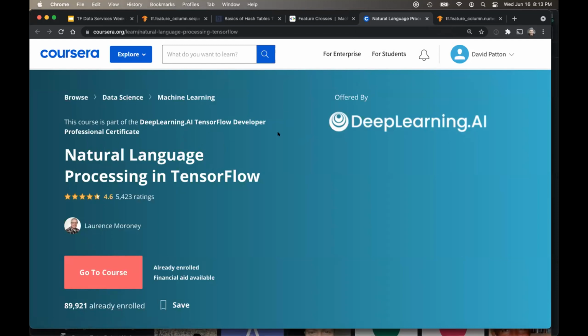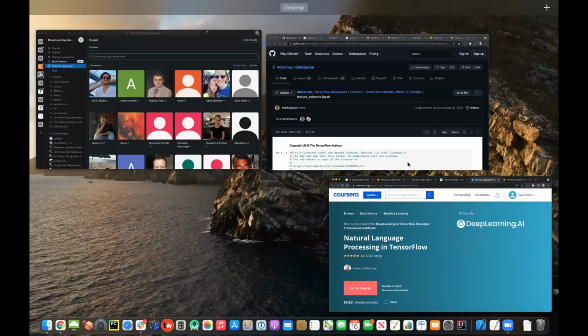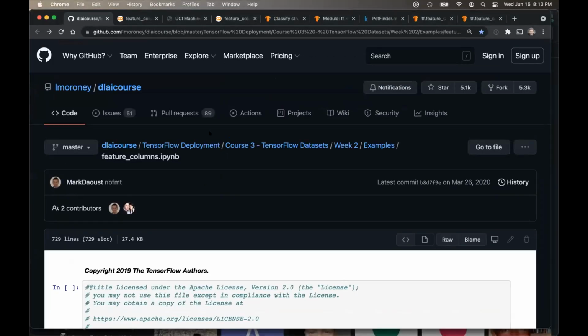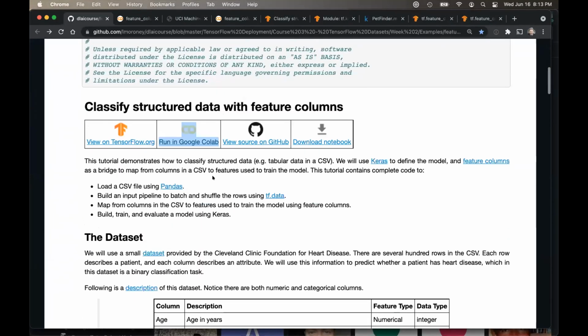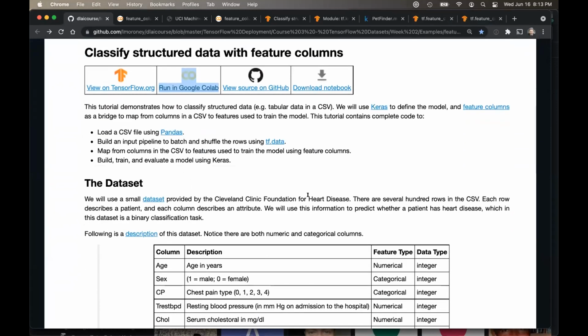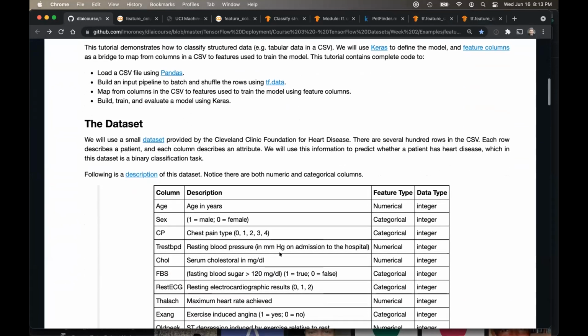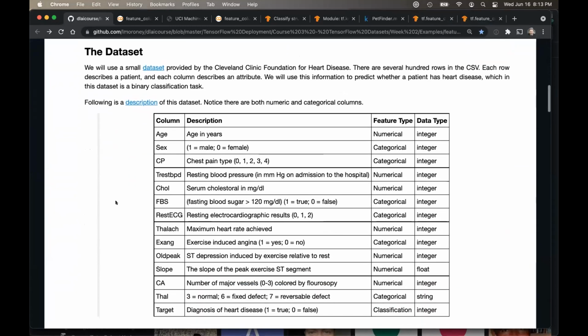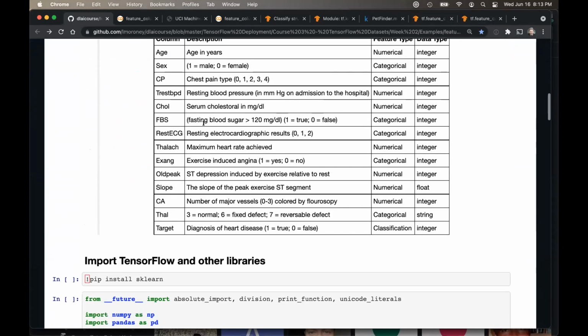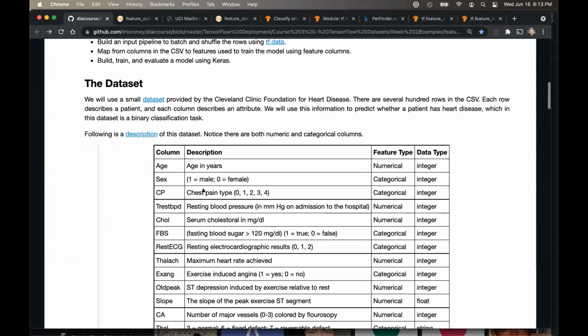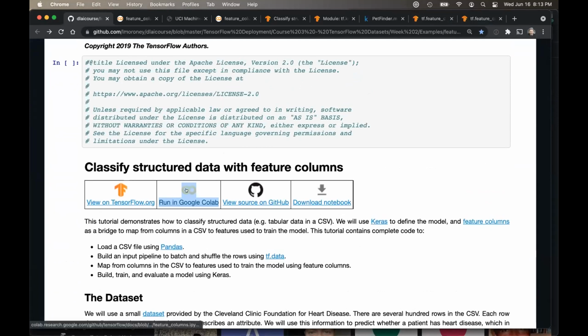Yeah. So I'm going to move on to the notebook, and a couple of interesting things happened in this notebook. Here's the GitHub for the notebook. If you notice in here, this is a data set that has to do with heart data in terms of cardiac problems from the Cleveland Clinic, and it goes into how that is. But if you go to run this on Colab, it actually takes you to a different data set,